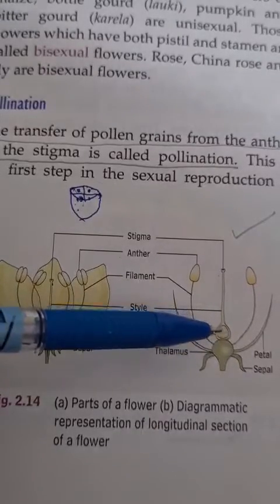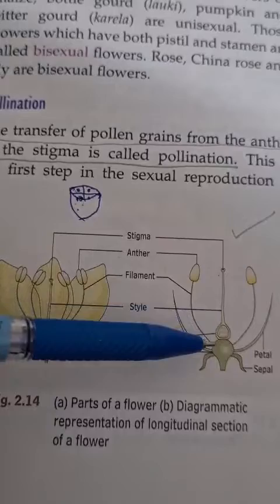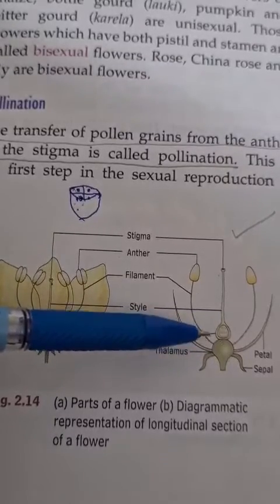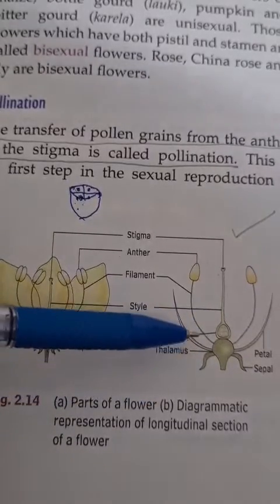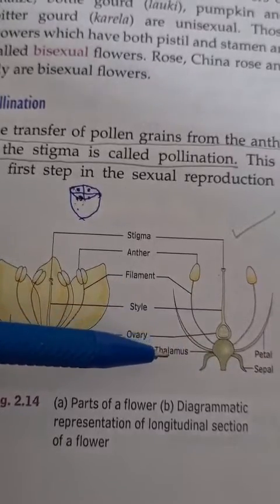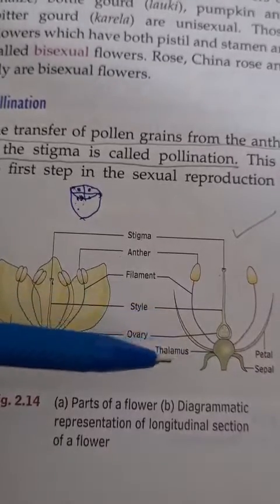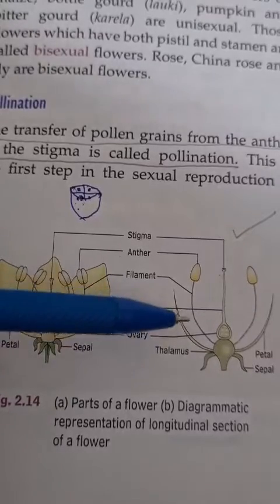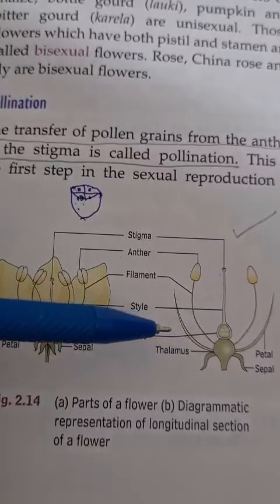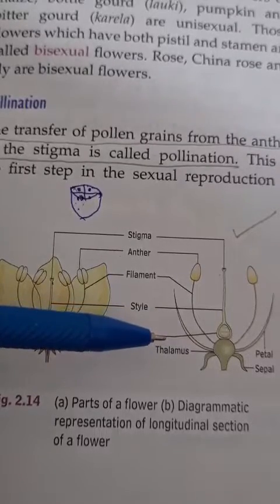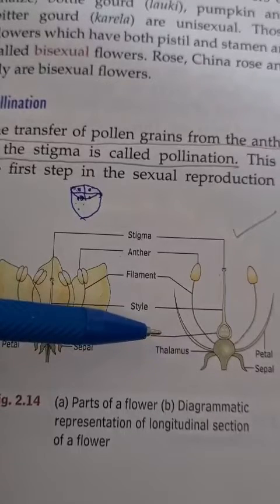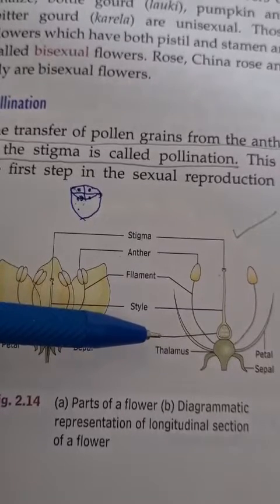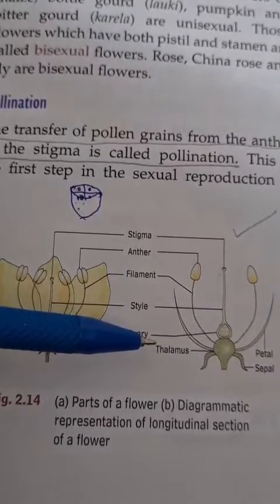Inside the ovary, ovules are present, and in this ovule only the female gamete or egg cell is present, which is required for the process of fertilization. At one end of the ovule, one small opening is there, and that opening is the micropyle, from where the male gamete enters the ovule. Now, some flowers do not have a pistil. Male part androecium, a collection of stamens; female part gynoecium, a collection of carpels, or we call it pistil.